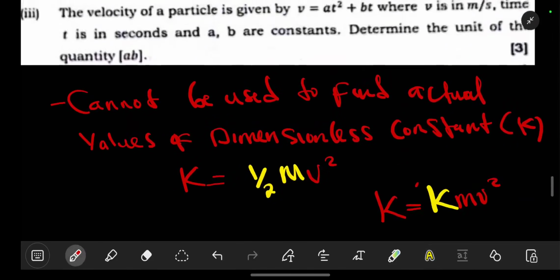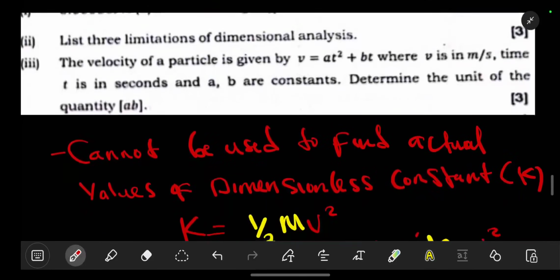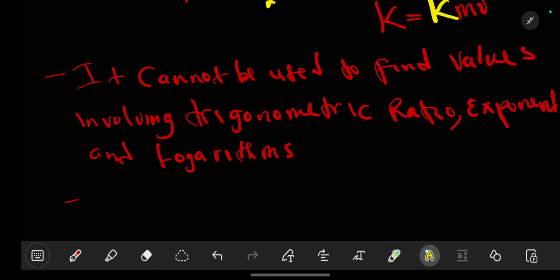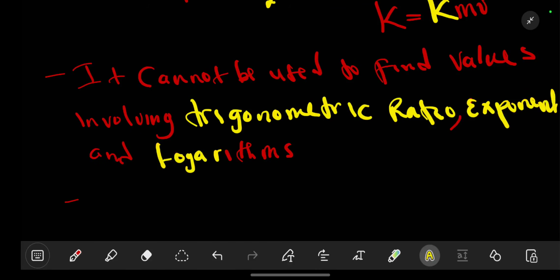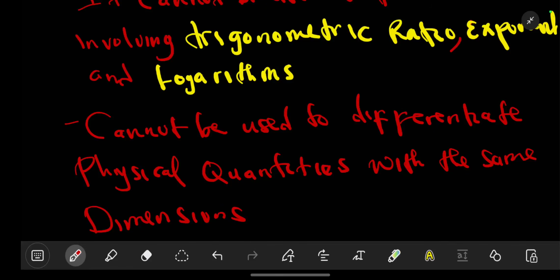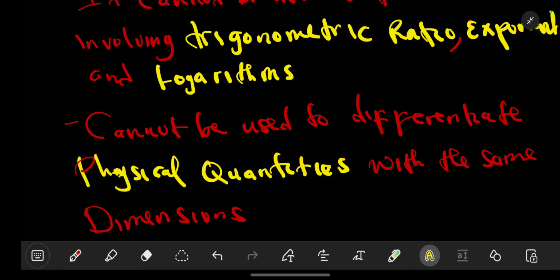The second limitation to dimensional analysis is that it cannot be used to derive equations involving trigonometry. So not only trigonometric ratios, but also exponentials and logarithms. Then the other limitation to dimensional analysis is that it cannot differentiate physical quantities that have the same dimensions. Just as I have said, it cannot be used to differentiate physical quantities with the same